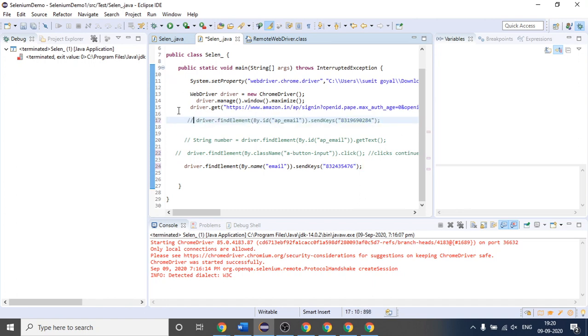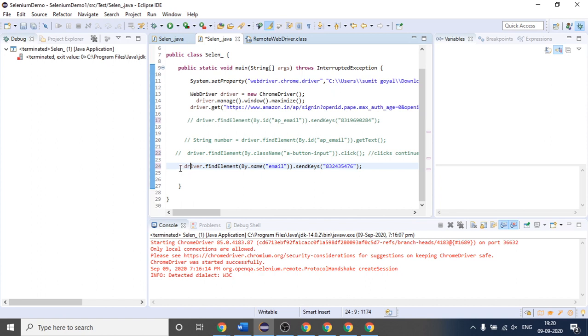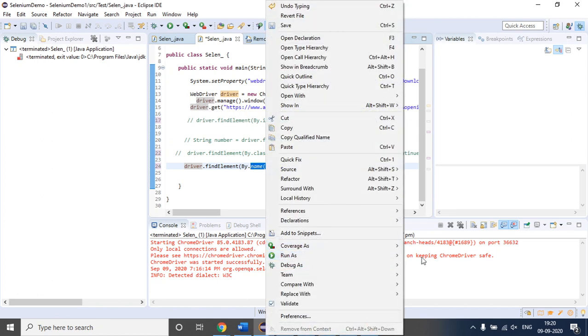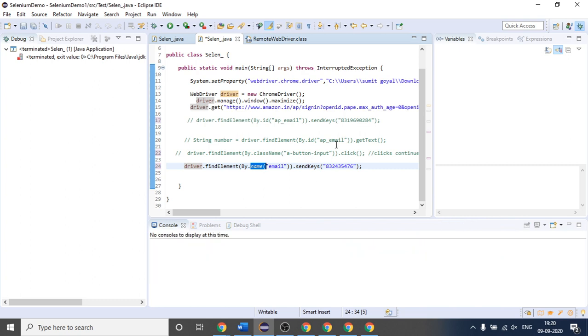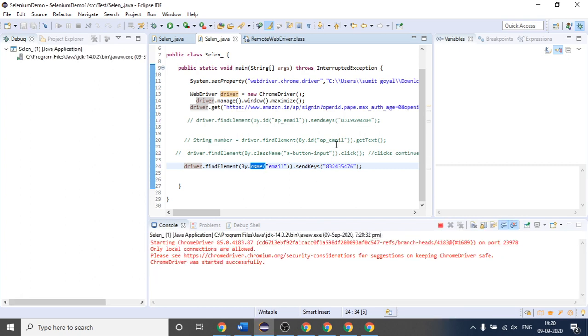It will open the website. These are commented so they will not execute at all. After that this number will be entered in the text box, but this time with the help of this locator, name. So let us try to execute this, and you will see that this number will be entered in the text box.